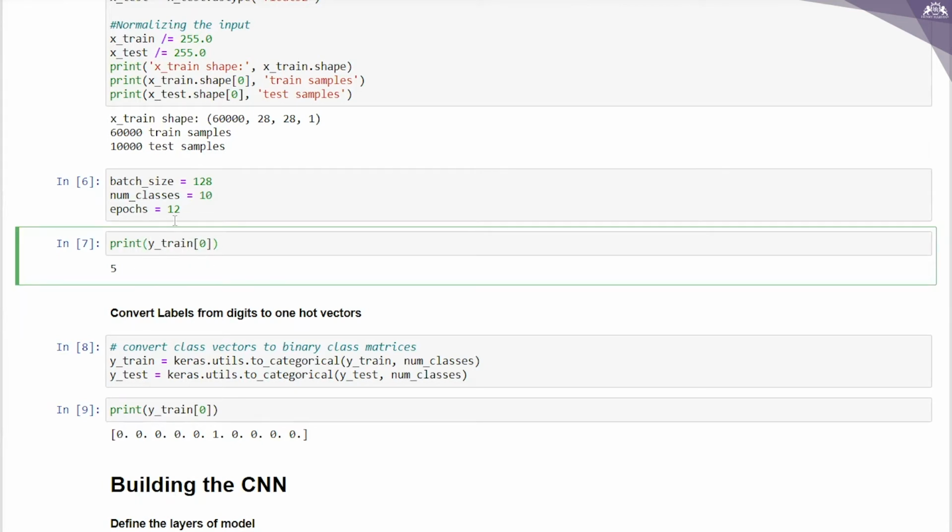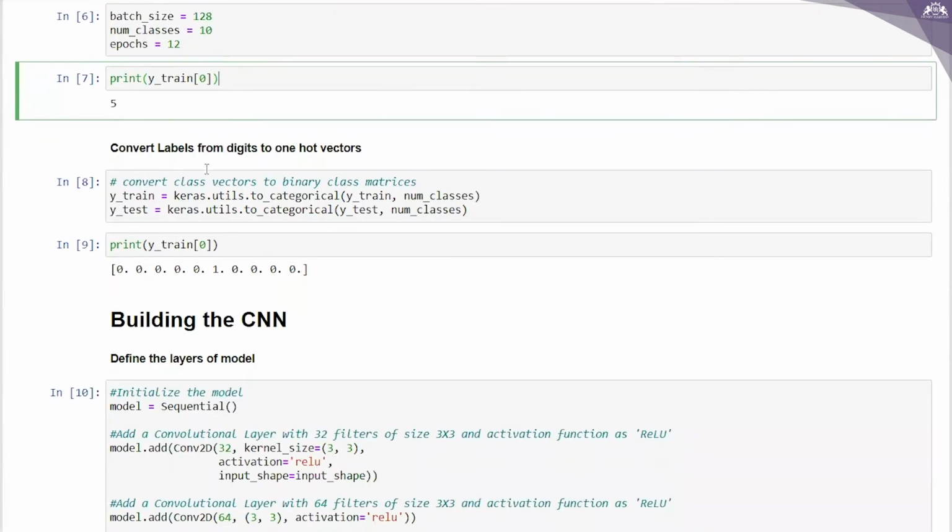Just to know the data, I'm checking y_train, and this is giving me the output 5, right? So what are we going to do now? We want to convert these labels from digits into one-hot vectors. So I'm writing y_train equal to keras.utils.to_categorical of y_train with num_classes, and similarly for the test.